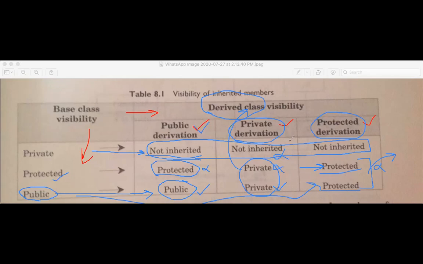Why? Only by using this table. Okay. So this is a very, very important table. If you first understand it well, then there is no need to remember, and if you do not understand, then just try to remember it. Private derivation, private; protected derivation, protected; public derivation, protected, public. Yes, it is very easy to remember. So, getting this?